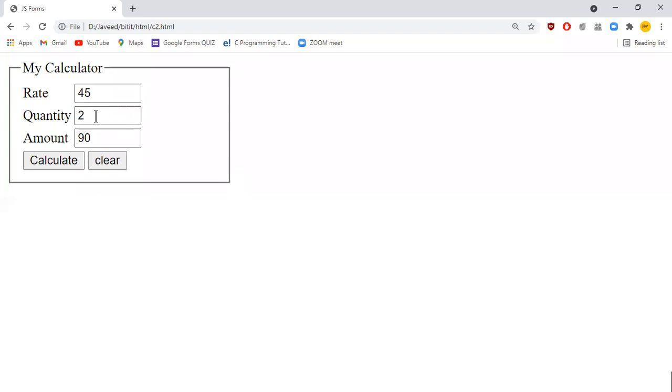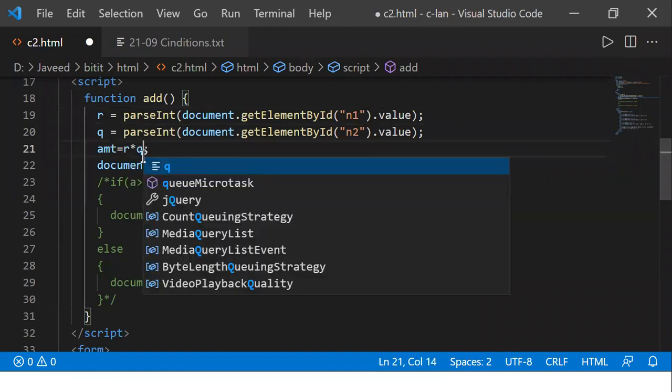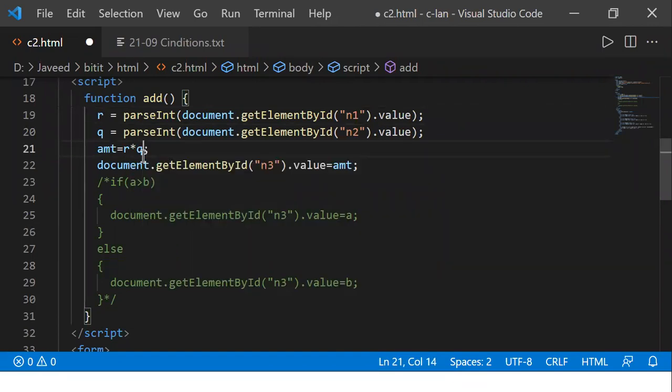So first one is rate, second one is quantity. That is, to avoid the confusion, what is rate, what is quantity, instead of using the variables like A, B, C, D like this, now I like to have a variable like R for the rate, Q for the quantity. It's a simple application coverage. I'll just go with simple variable names. Okay. Now I found the amount there.